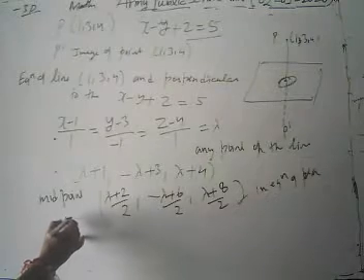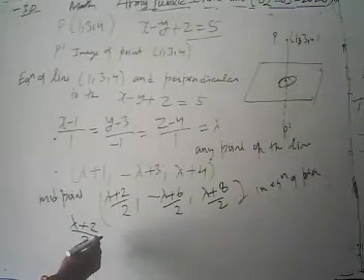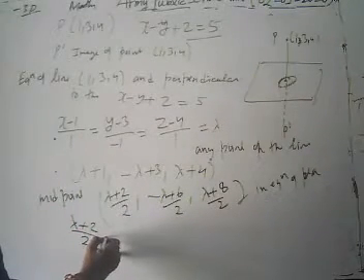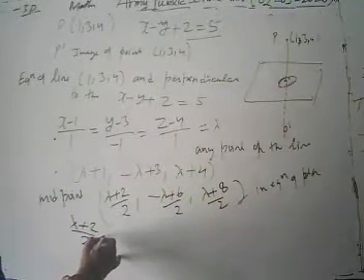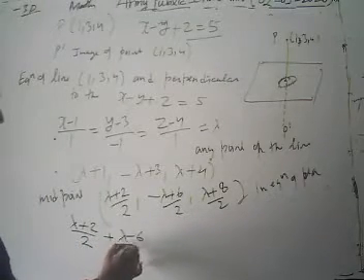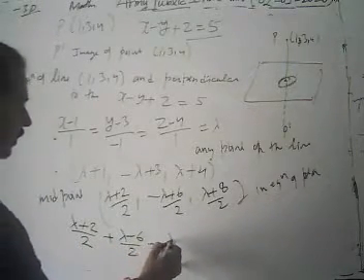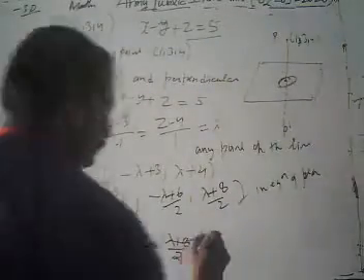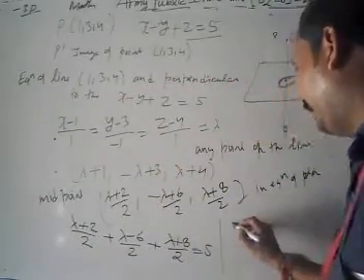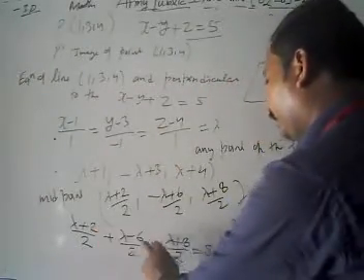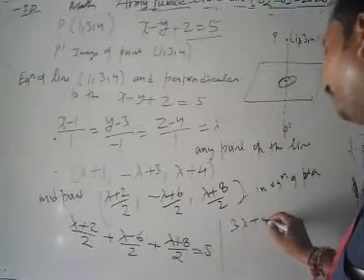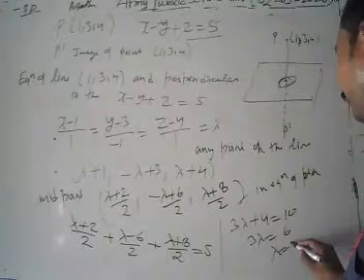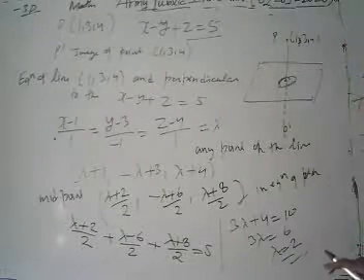Then what do we have? We have lambda plus 2 by 2. Then we have to change the sign, minus means we put plus lambda minus 6 by 2, and plus lambda plus 8 by 2 is equal to 5. Now after solving we have 3 lambda is 10 minus 6 plus 4, is equal to 10. Then 3 lambda is equal to 6, then lambda is equal to 2. Now we get the value of lambda is 2.